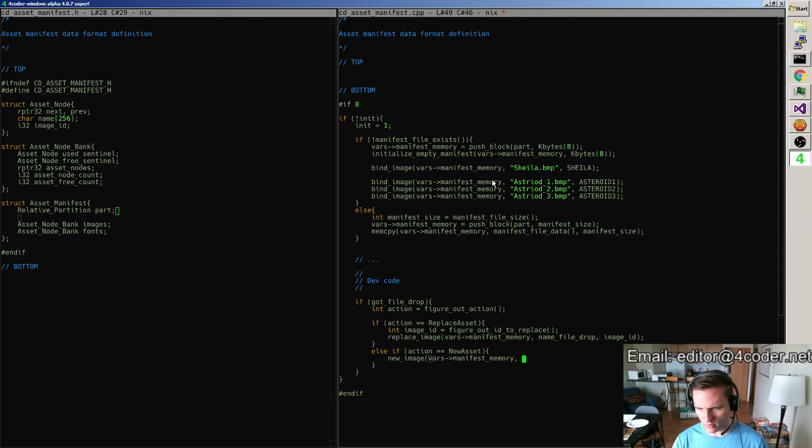It might not be a replace, it might be new asset. Right, so I have new asset and replace asset here, and if I get an action that's a new asset, I need to be able to do int, or just add new image, or new image blah blah blah. Now the problem here is going to be that if I do that, then the manifest might be out of nodes for that type. So I need to be able to do something like manifest expand result equals that,